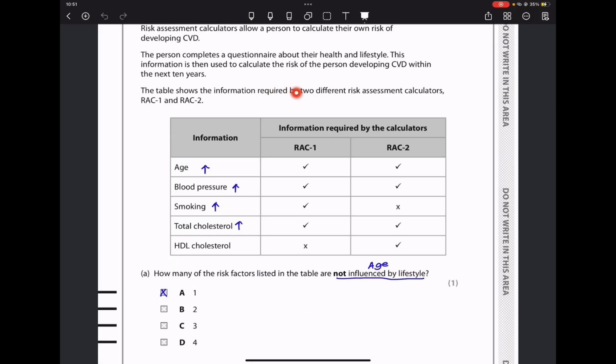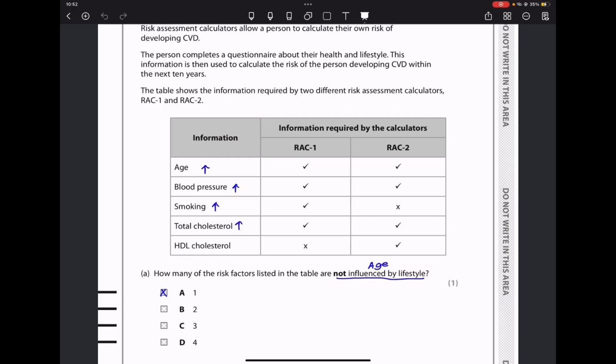The table shows the information required by 2 different risk assessment calculators. There is RAC1 and RAC2. So the information given here for age, we can see for both, yes, they take age. Blood pressure, of course, both test for that. Smoking, only method 1, method 2 does not. And I think this is going to be bad because smoking is a risk factor for CVD. Total cholesterol, both of them take it. HDL cholesterol, only method 2, method 1 does not. But also this is a problem because HDL cholesterol, or the ratio of HDL to LDL, is important in determining